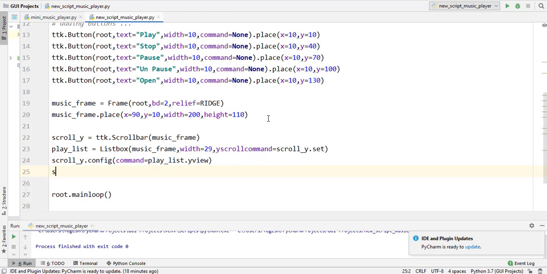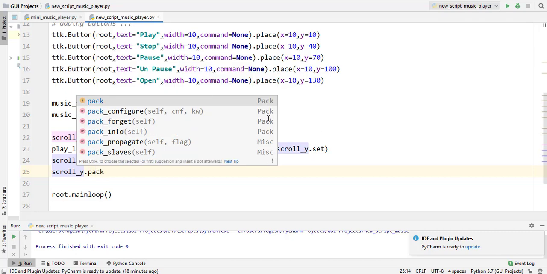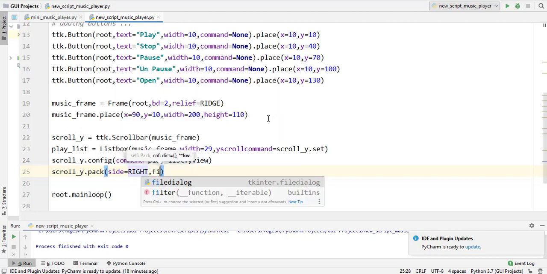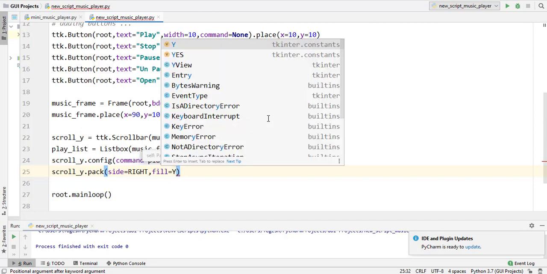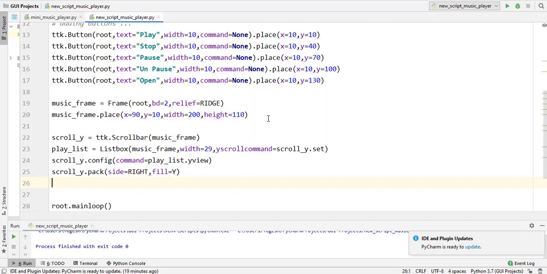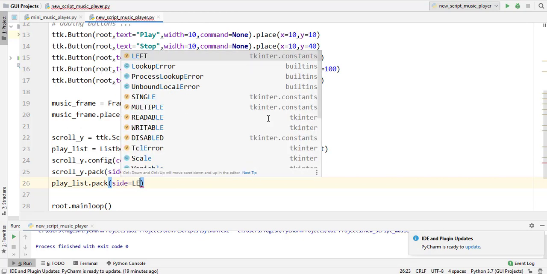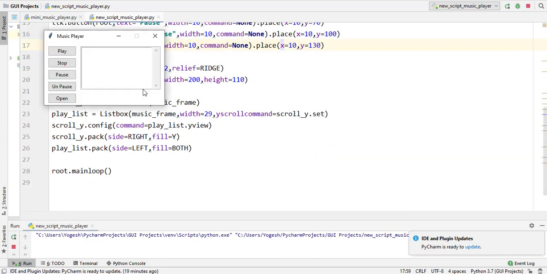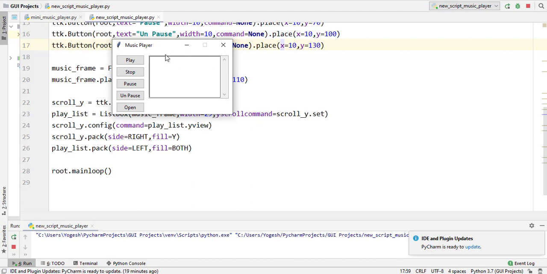So I'm packing the scroll bar, scroll y dot pack, and the side would be right, and fill is equal to capital Y. Now pack the list box, so playlist dot pack, side is equal to left, comma, fill is equal to both. Now run the code and check whether it is packed or placed or not. So our list box and scroll bar are added on our GUI.